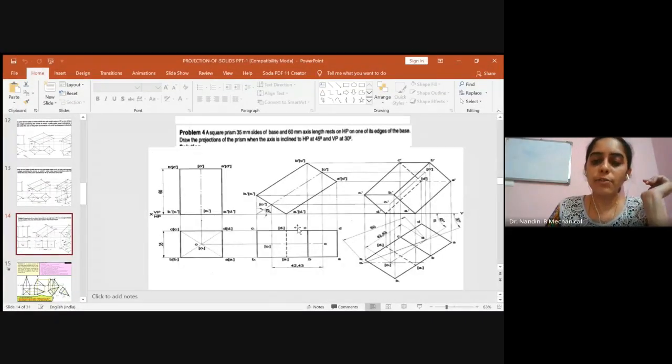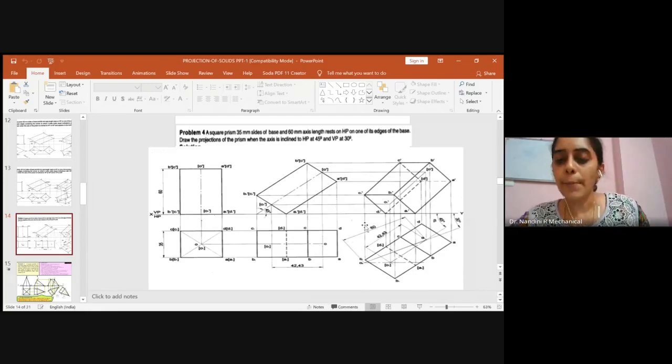Okay, so this will be hidden. So after it is hidden, we'll identify the center from O to O1. So this center axis here will be visible. Whenever it is resting on one of its sides, the axis will be visible. So we'll show the axis. So once it is done, then you have to determine the apparent angle beta, because the axis here is inclined to 30 degree directly, not appears to be.